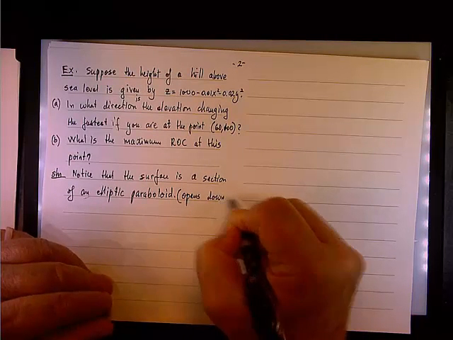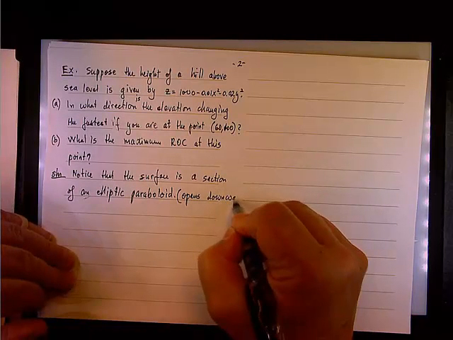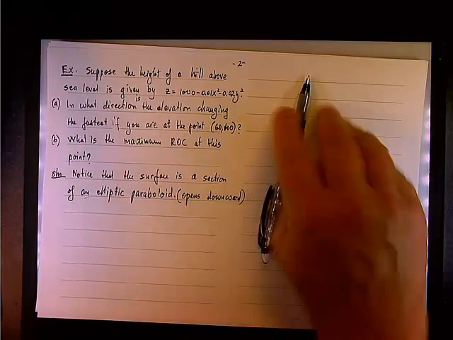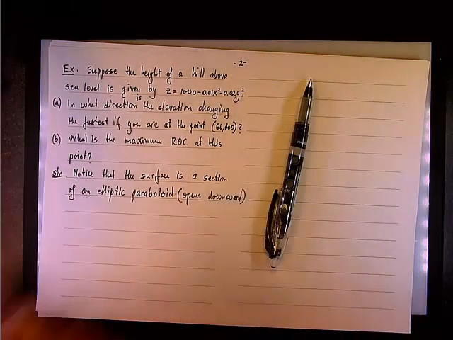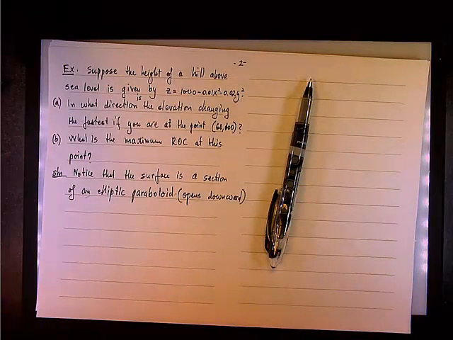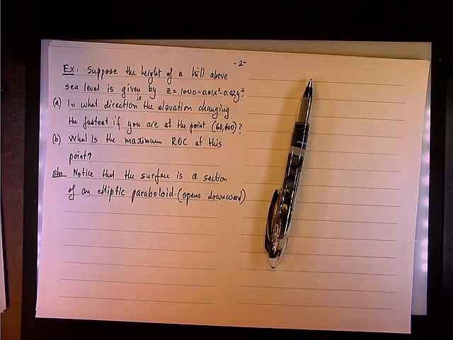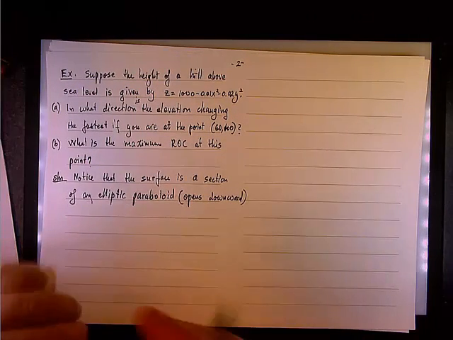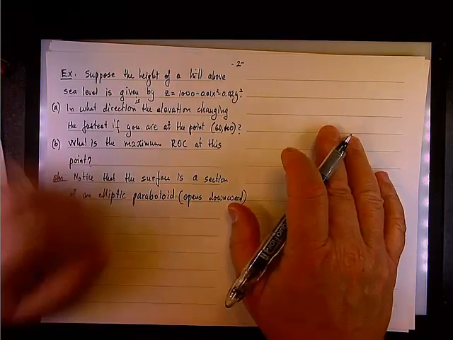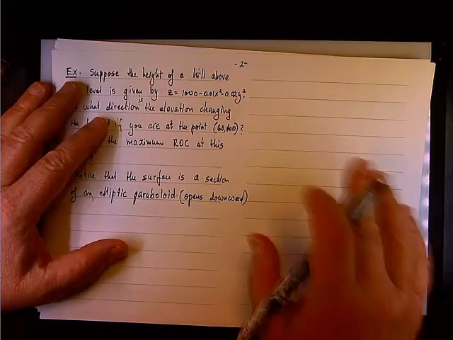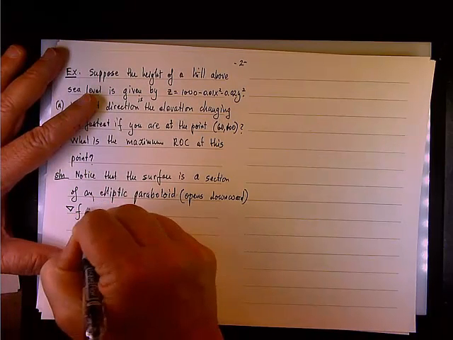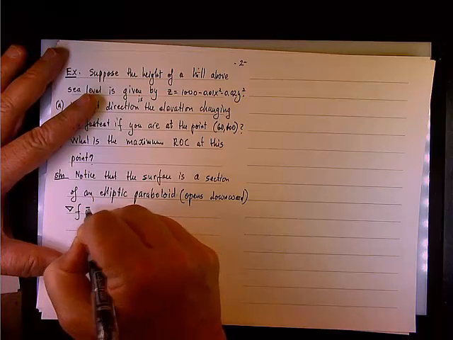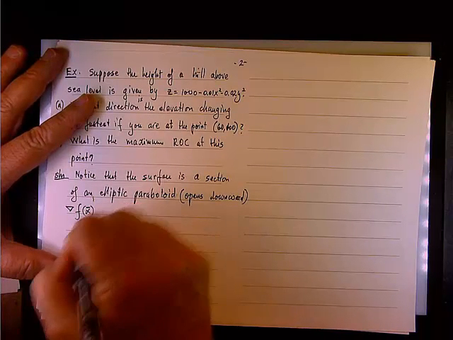Okay, so that was one comment, and by the way, it's negative, so it's open downwards. If it were otherwise, if you do a cross section, it won't be a hill, it will be a valley. So if it opens up, it will be a valley. If it opens down, it's a hill. And so